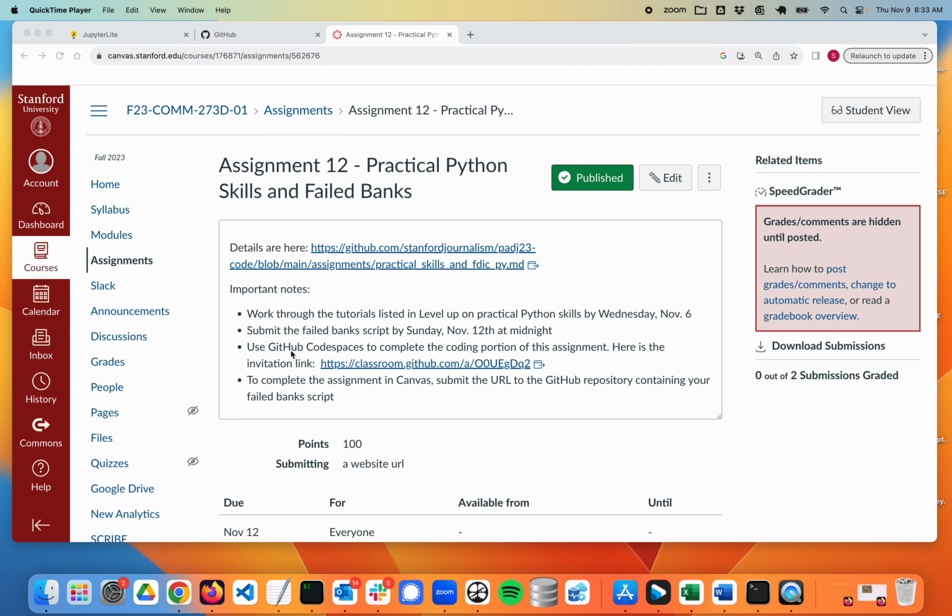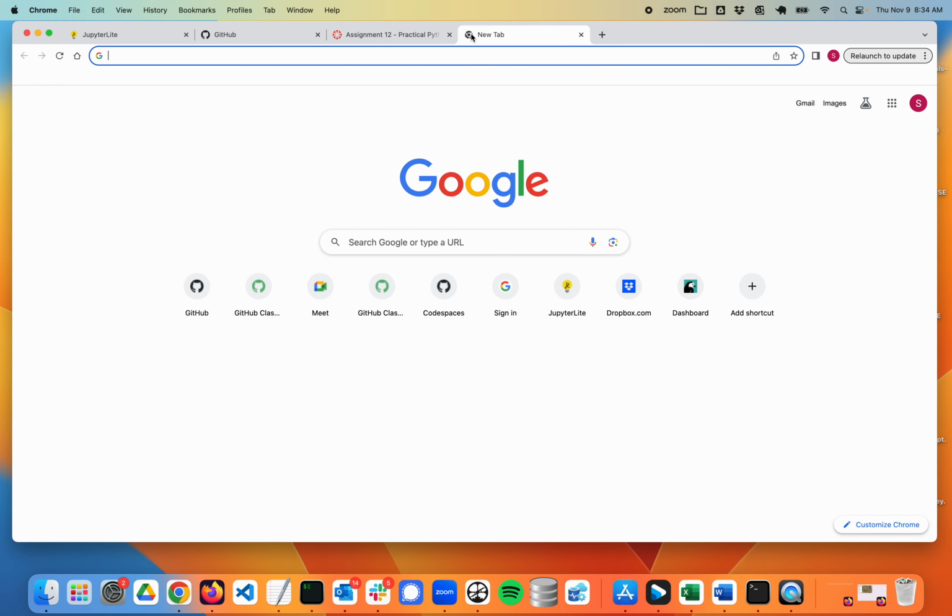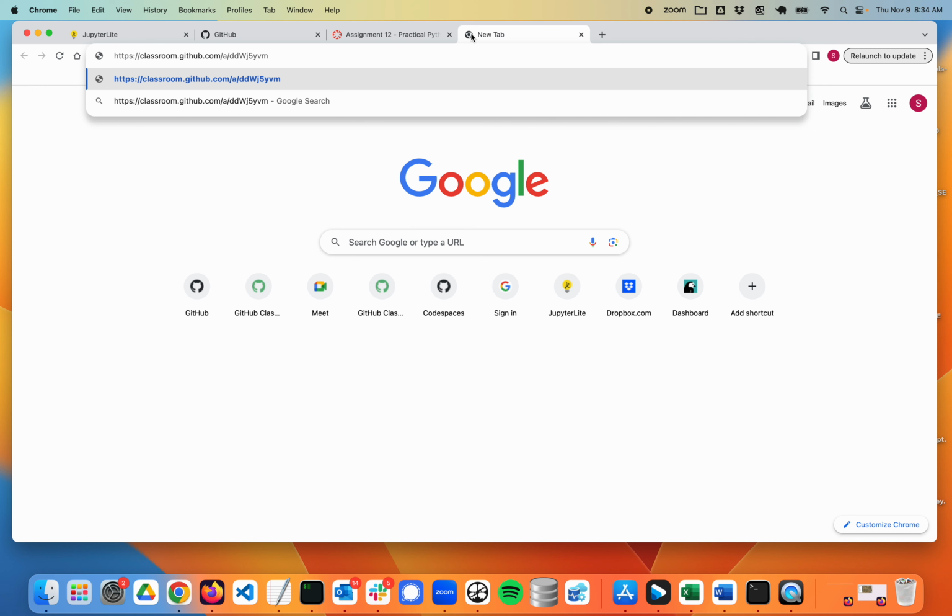In this case, it's in the third bullet point. We'll try to make those pretty prominent going forward. And once you have that invitation link, you can head over to GitHub and actually accept the assignment. In this case, we created an example assignment for you. So obviously you're not going to want to use this link at home, but this is again just for demonstration